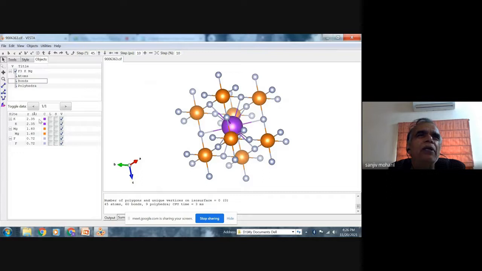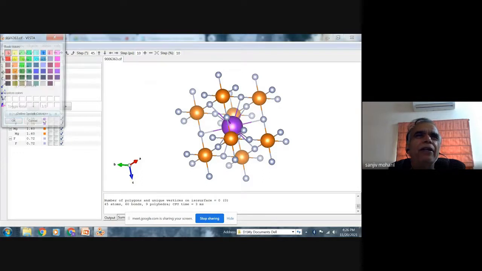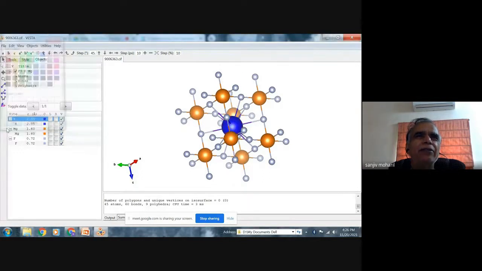For example, this K, I can change the color, or I can change the size.